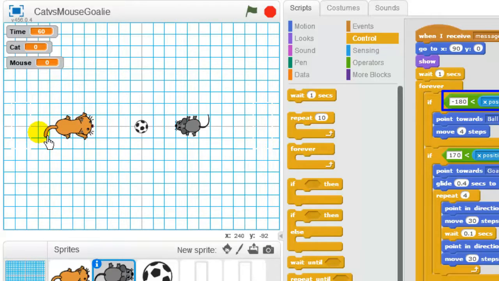So minus 180 is just past the cat's tail, and you can just see the goal here. It's white and it's breaking the grid lines. So it's just in front of the goal, which is goal number 1. So if the ball is greater than minus 180, so if the ball is before the goal, in front of the goal,